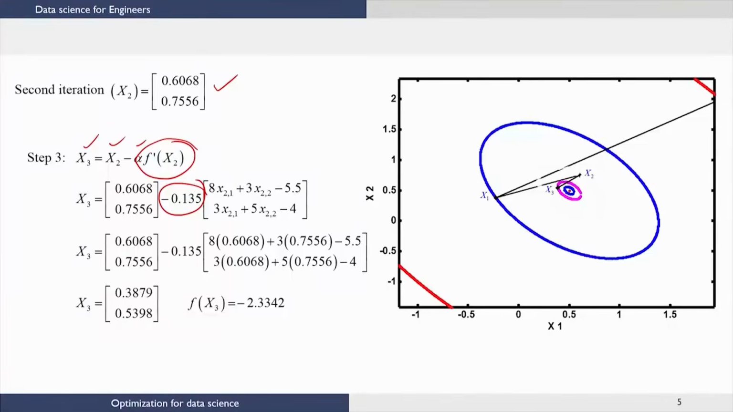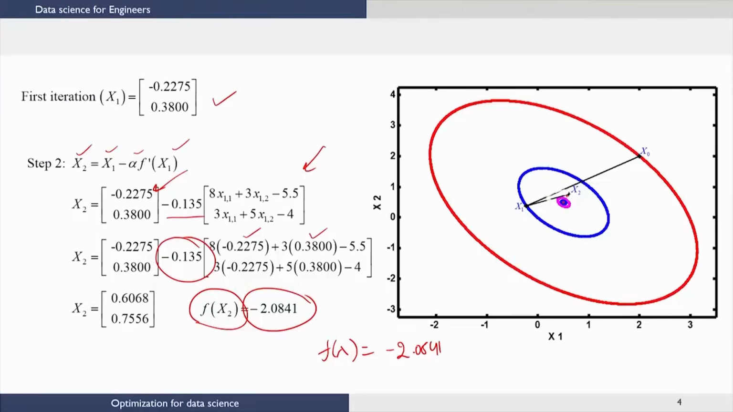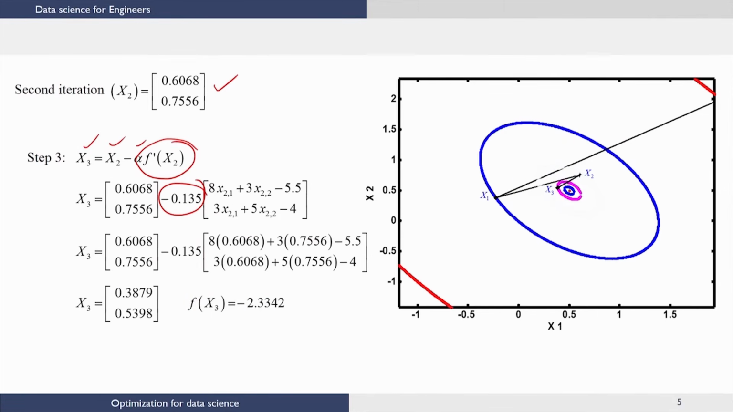And now you notice from the previous slides, let us go back quickly to the previous slide and see what the value was. The value of the objective function was minus 2.0841. Now, when you look at the new point x 3, the objective function value has decreased even more, it has become minus 2.3342. So, we notice that at every step of the algorithm the objective function keeps improving. For us here in this problem, improvement means the objective function value keeps coming down,